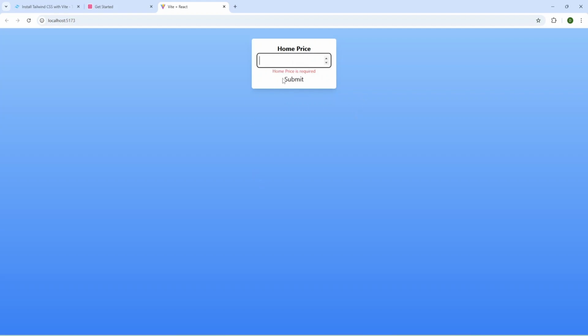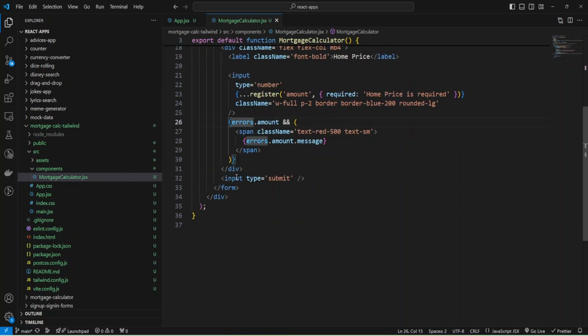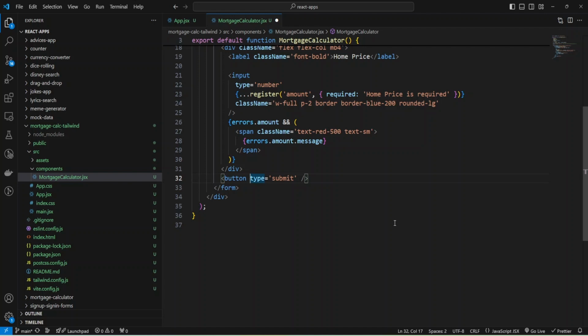Now let's change submit to calculate button, and we have input type submit, but I would like to change it to button, and type will stay submit, but let me provide text calculate and close the button.